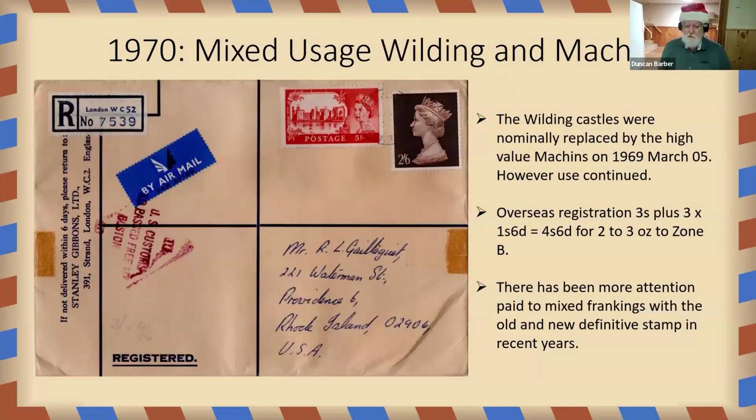One of the other things that has come up during the last few years, particularly from German members of the British collecting community, was what they call mixed usage covers. So we get typically the definitive set that has been replaced along with one of the definitive set that replaced it. These mixed usage covers are getting a bit more attention in the British collecting community,